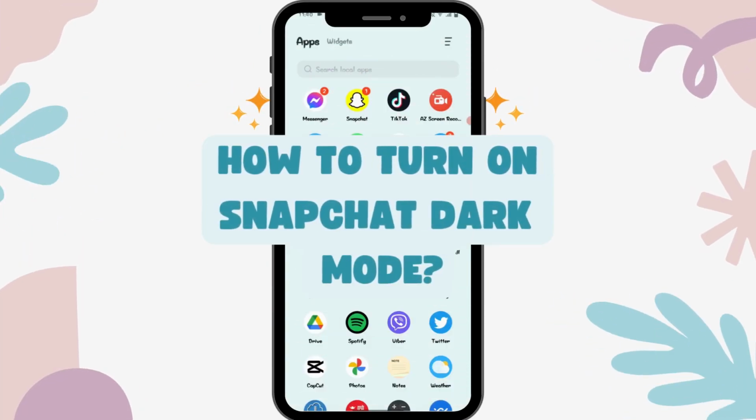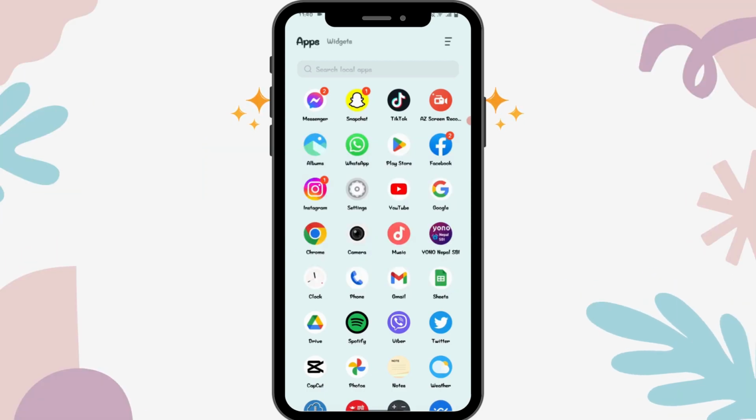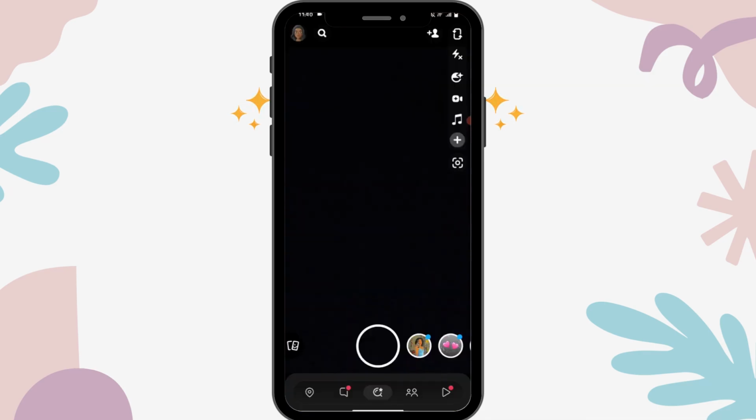How to turn on Snapchat dark mode. So if you want to turn on your dark mode on Snapchat, then first of all you have to open up your Snapchat application, and after opening your Snapchat you can simply go to your profile, which is on the upper left corner,